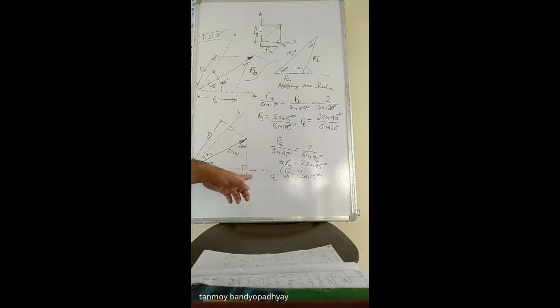So আমি যদি a axis এটাকে draw perpendicular line draw করি, so the length I am getting, so this will be PA. Similarly you drop a perpendicular from the 2 kilonewton force on the b axis, so this length you are getting, so this will be PB, or the projection of the force 2 kilonewton on the axis B. So if you need to find out the projection of a force on any axis, you draw the perpendicular from the force to the axis actually. So that projected length will be giving you the length of the projection of the force on any arbitrary axis, on any two arbitrary axes.